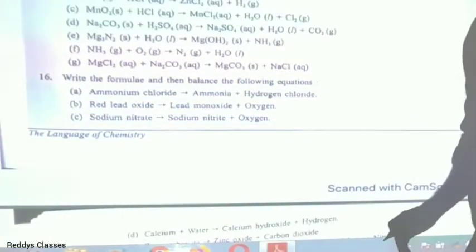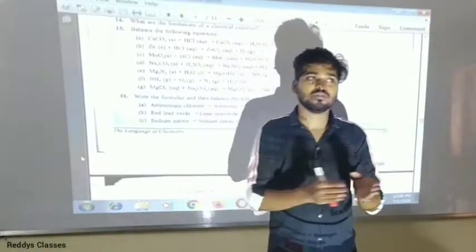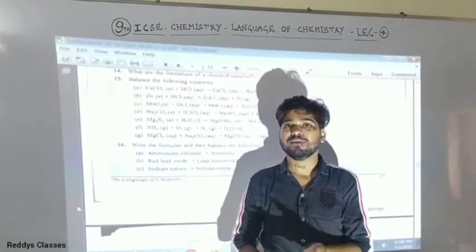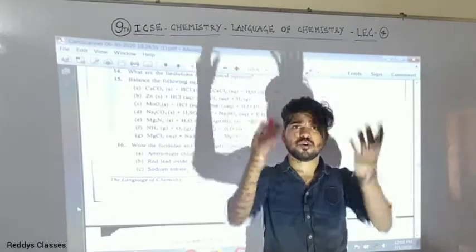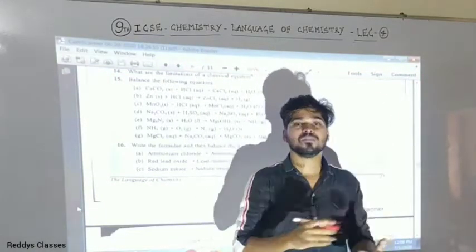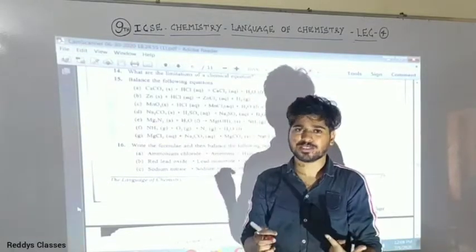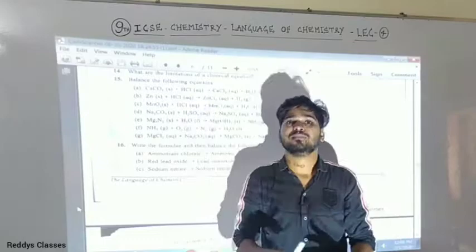So as we completed this chapter, you have to go through the whole chapter from lecture 1 to lecture 4. You will know all the basic concepts and the formulas used in chemical equations. We studied about symbols, valency, variable valency, how to balance equations, how to form chemical equations, what their limitations are, and much more.